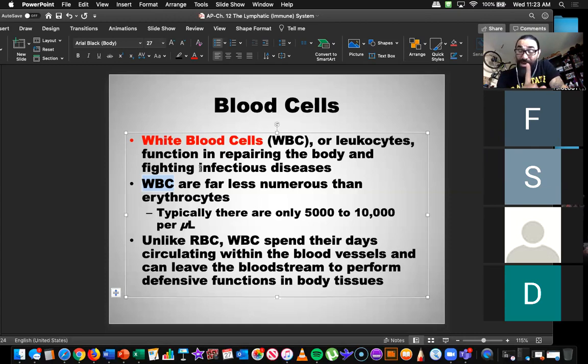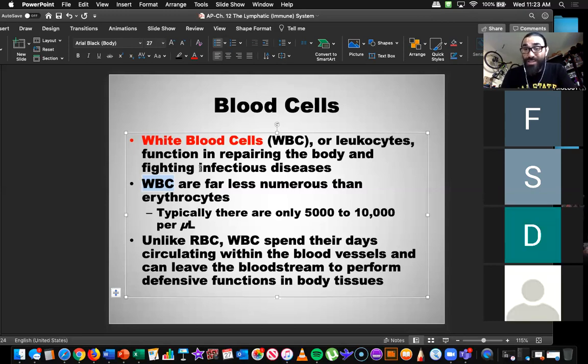That's one thing that can happen, is it will no longer be effective. But the other most likely thing that's going to happen is that your body builds immunity or tolerance to these things, meaning it will not work anymore. And it will not work anymore because chances are that the bacteria has changed. So you don't want to take antibiotics every day. You only take it when it's necessary. So that's why white blood cells are far less common, because we don't want them all the time. That's no good. We need them only when we need them. Does that make sense now, guys?